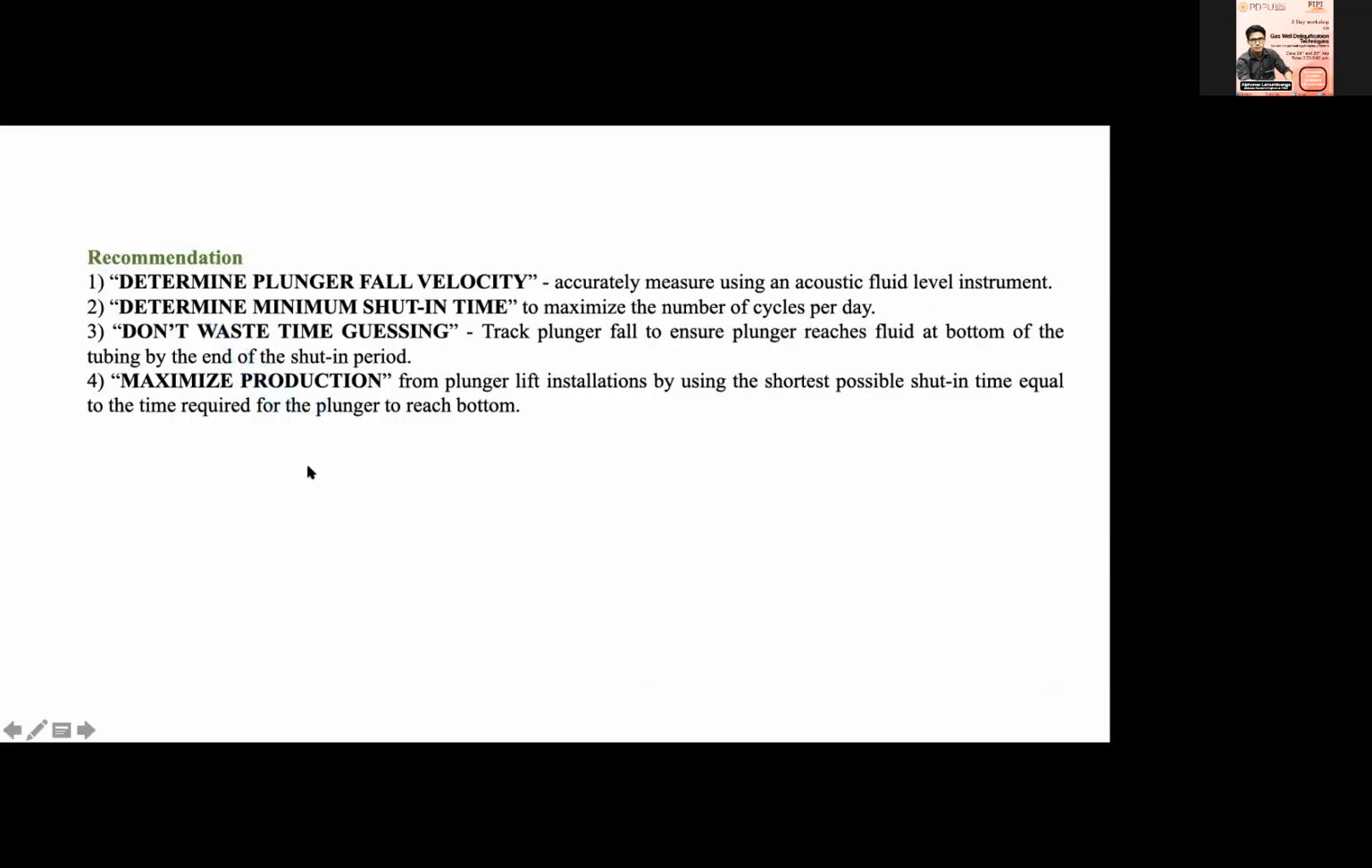And one thing, the recommendation for the plunger lift is that it is very essential to determine the fall velocity using your echometer or the acoustic fluid instrument. And you should determine your minimum shut-in time, which will maximize the number of cycles per day. The more cycles you can have in your